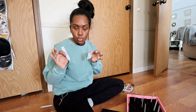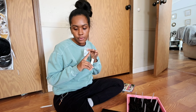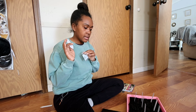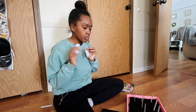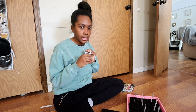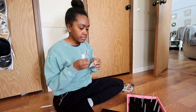So I separated the ones that do not need covering. The poppy, Sweet William, the verbena, and the lobelia did not need covering. Everything else needs to be covered. So what I'm going to do is, first I'm going to plant the ones that do not need covering, which is just 4, and then everything else I'm going to plant on top of the soil. Then I'm going to get a little more soil and then just cover them. That's what I did